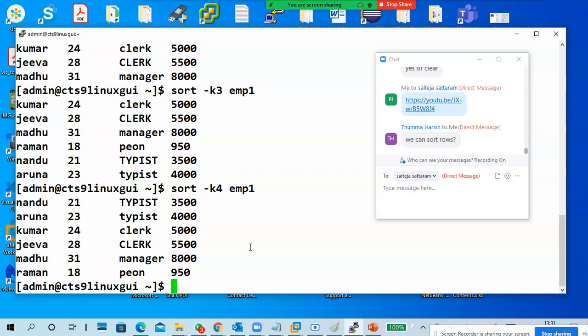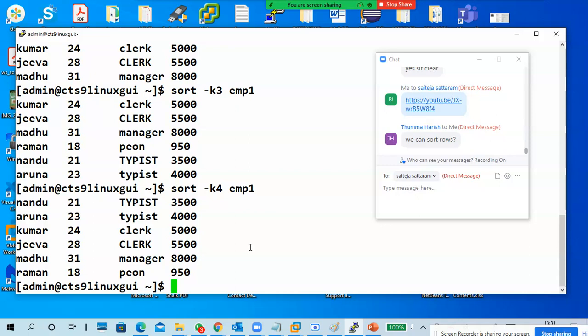The second and fourth columns have numeric values. But if you see, it sorts based on alphanumeric values, normally abcd type, only character order for 1, 2, 3, 4, not based on the value of the number. It won't take it as an integer or numerical value.